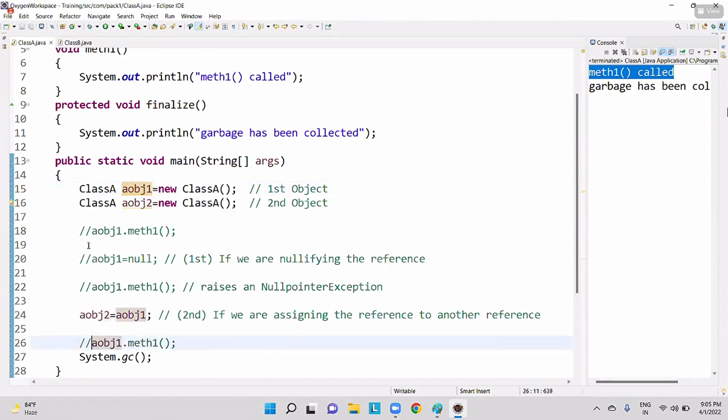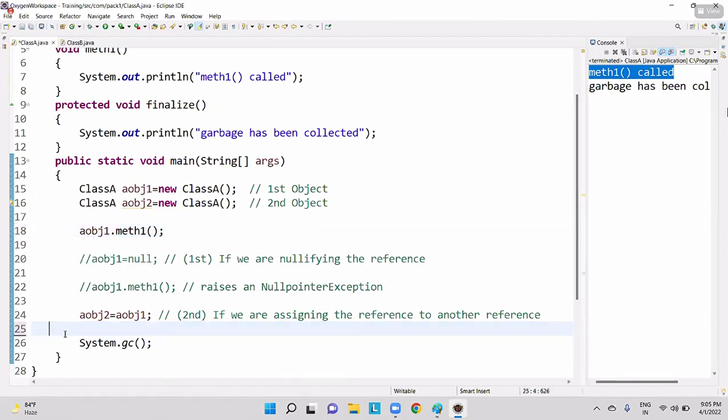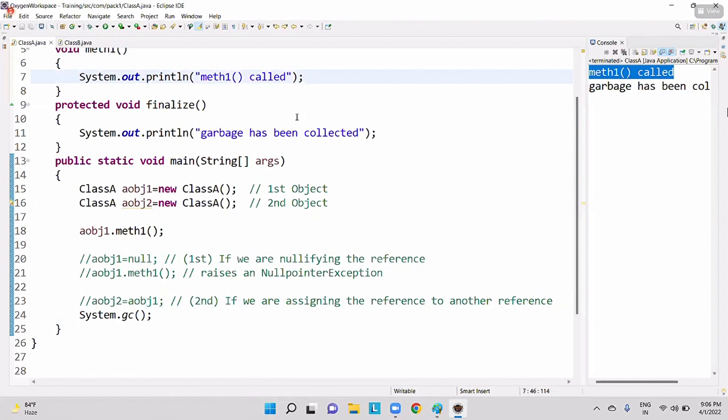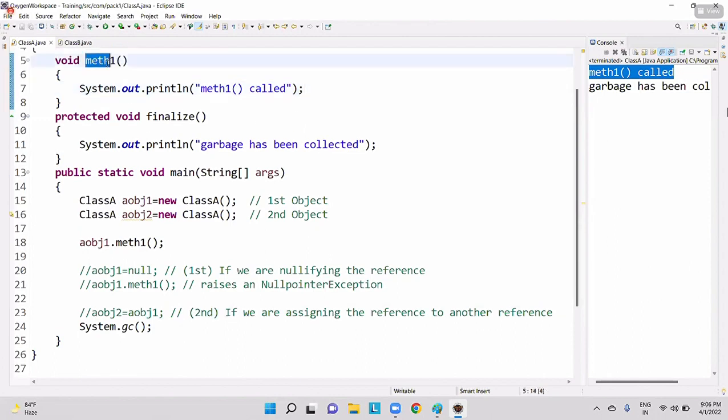Okay, let me keep this in comment. Now, okay, I'll remove this one also. You will be getting confused. Okay, now this is first one. This is second case. Now, third case. Guys, what is the third case? Third case. All the objects which were present inside a method. Okay, I'll do one thing, guys. Please observe here. Inside method one,